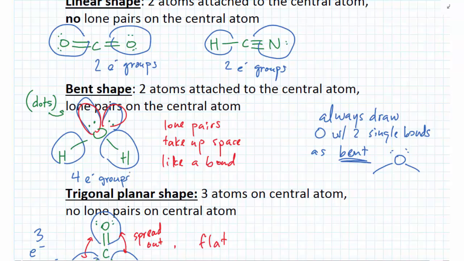So an electron group is basically something that takes up space on the central atom. It could be any kind of bond, single, double, or triple. That's an electron group. Or it could be a pair of electrons. So the basic shapes are really just linear, trigonal planar, or tetrahedral. But replacing any of those with pairs of electrons gets you those other ones too. So just another way to think of it. We're going to come back to these, but